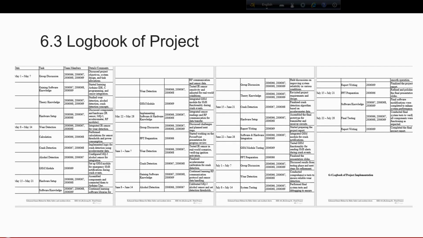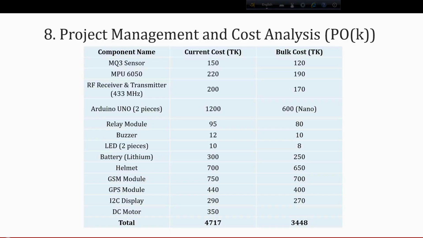Here is the logbook of our project. This slide represents our project management and cost analysis. We have detailed the current cost and potential bulk cost for each component, showing a total current cost of 4717 taka and a bulk cost of 3448 taka for components like the MQ3 sensor,